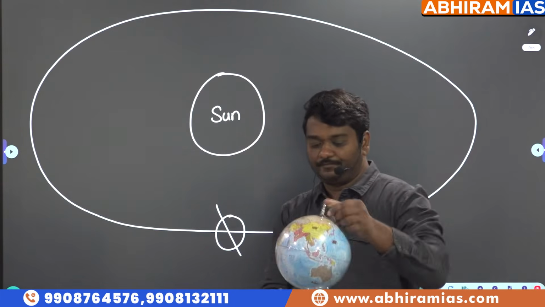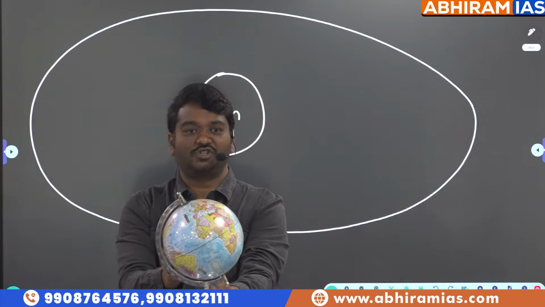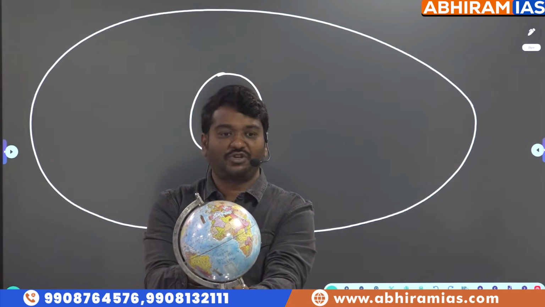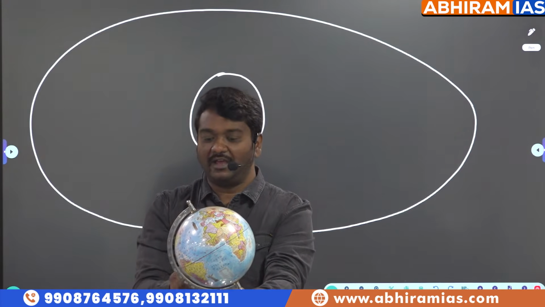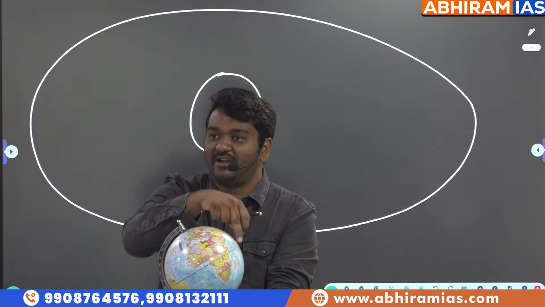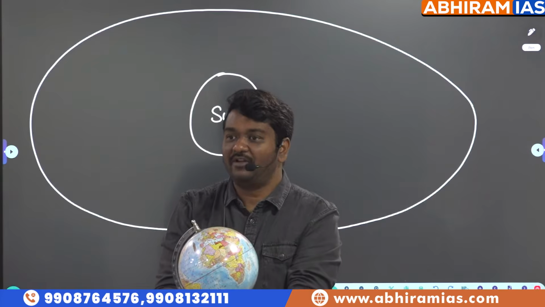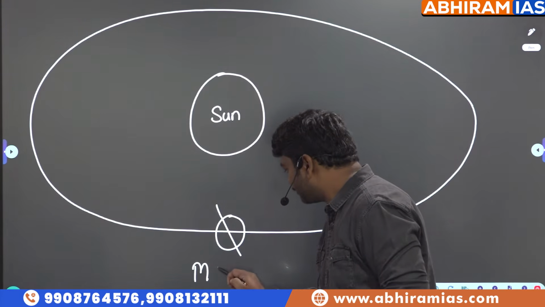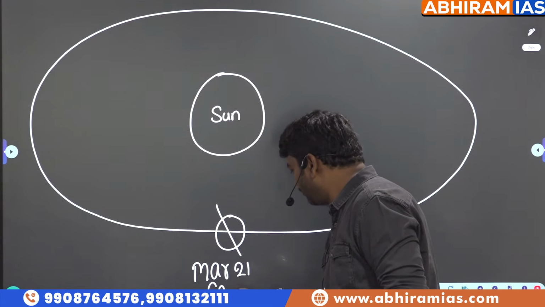Okay. See here. If I am the sun, this is the position of the earth on March 21st. March 21st, earth will be like this. Sun's rays will fall exactly over the equator. If sun's rays fall exactly over the equator, what is going to happen? You will have equinox. So guys, which is the date? March 21st. We will have